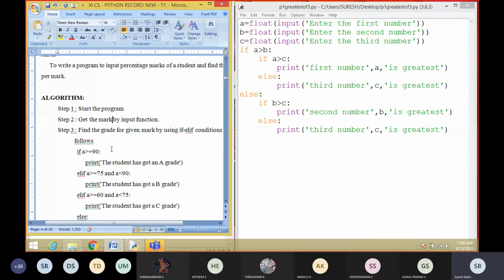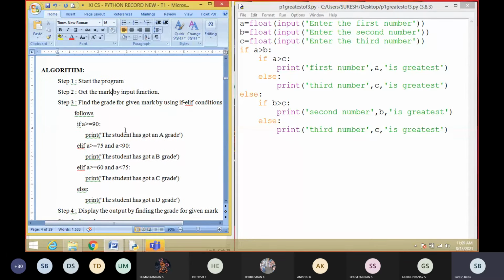Then the third step: find the grade for the given mark by using if elif conditions as follows. We have to use conditions like this. What conditions? First one, if a is greater than or equal to 90, it should print the student has got an A grade. Then elif, the next condition. Suppose it fails, we have to go for the next condition, 75 to 90. 75 and above and below 90 is the condition.